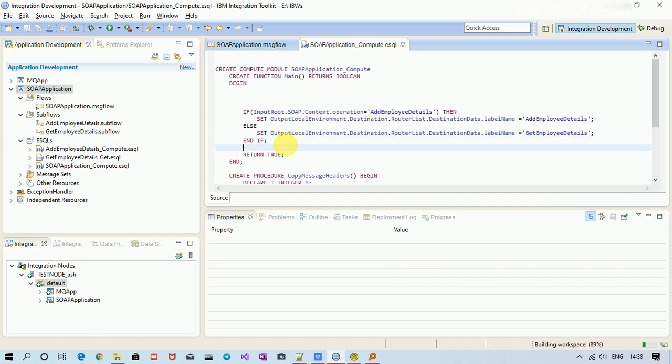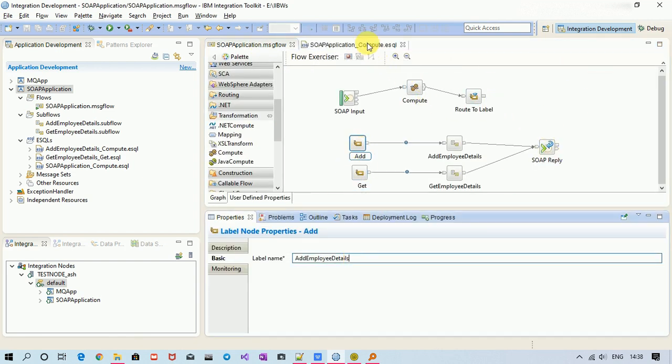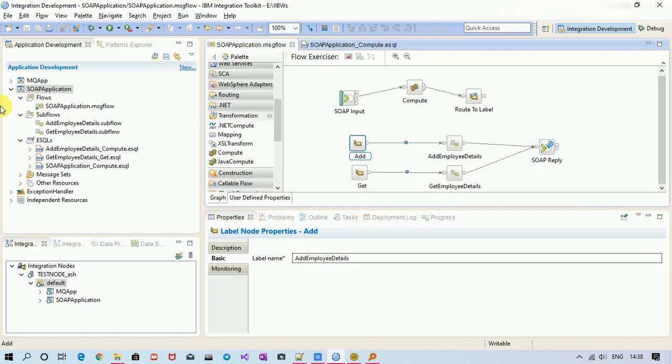And here you can provide any name. You can provide any name to label name, but you have to make sure that whatever name is written here, it should be same as here, right? If I write xyz here, then it should be xyz here, right? So let's see how this code behaves.